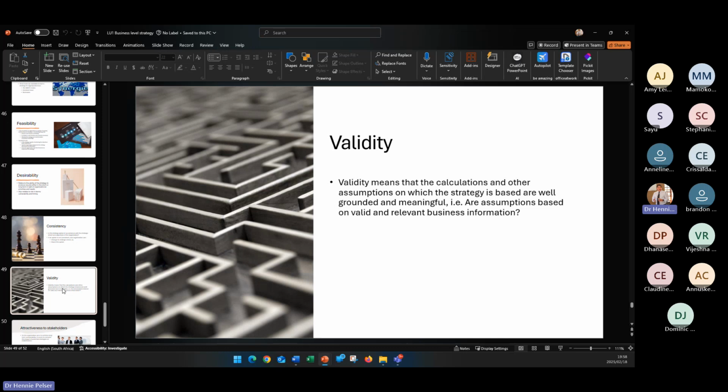And then validity. Validity is when you look at your strategy, but you ask yourself the question, when we created the strategy to compete in this market with this particular set of goods, what were our assumptions and how accurate were our initial assumptions? So here, those assumptions are about stats and numbers, and you can argue about market size, changing needs within the market, customer expectations, etc. Those assumptions will often be the basis of what we actually base our strategies on.